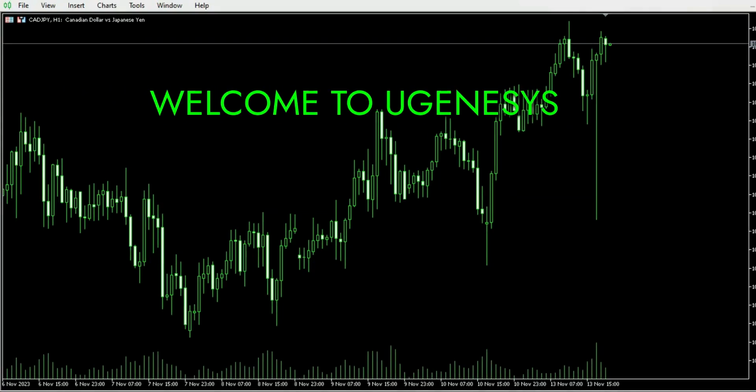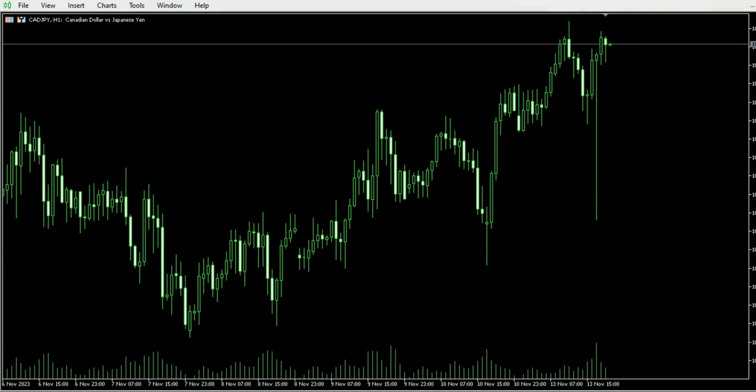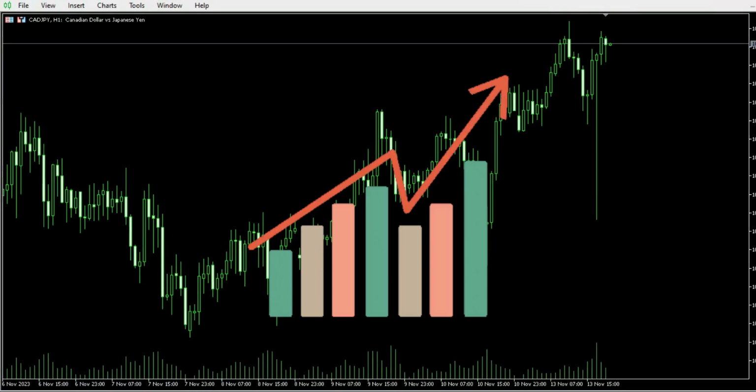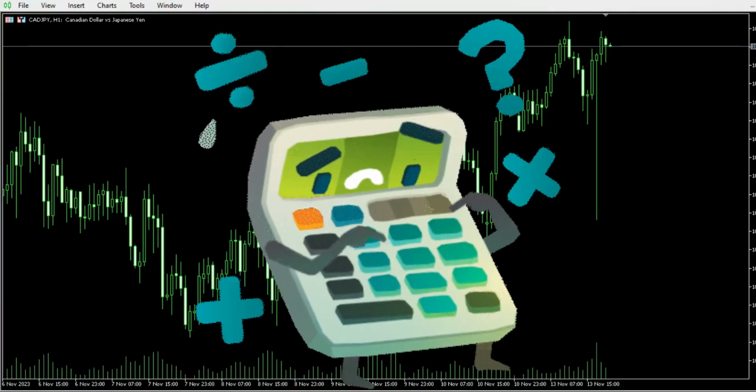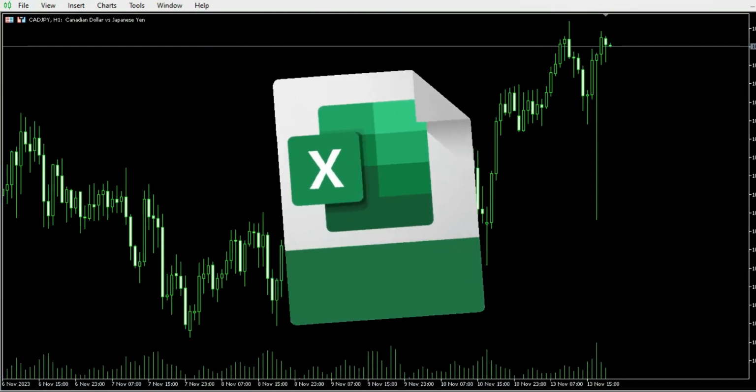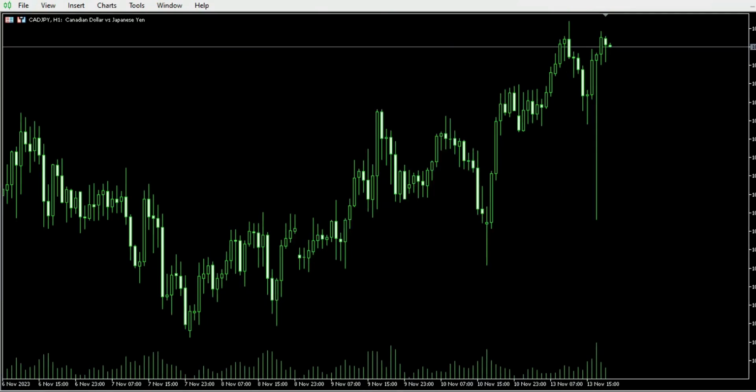In today's session, I'll showcase a swift and essential technique for calculating lot sizes in just 2 seconds. Recognizing the importance of this calculation is key to maintaining a consistent equity curve in your trading journey. By consistently managing your risk, you lay the foundation for steady growth in your trading account. And instead of relying on external tools like spreadsheets, I'll guide you through the quickest method directly on your MT5